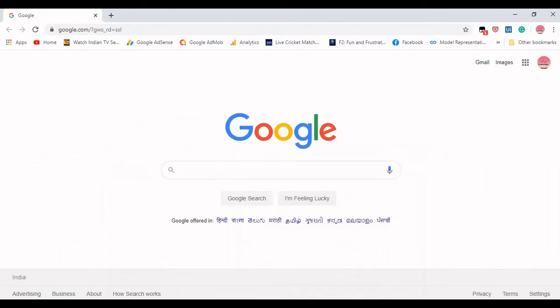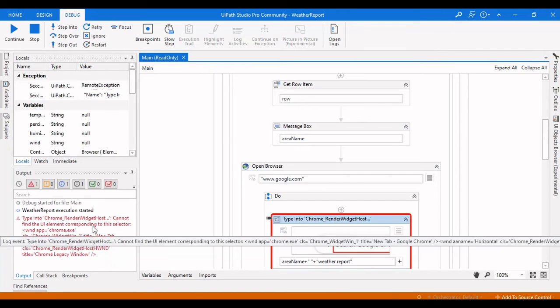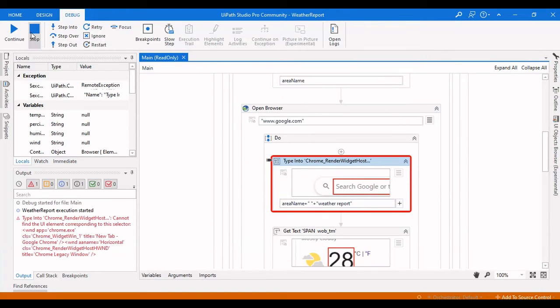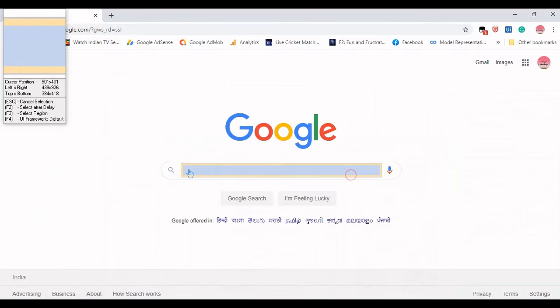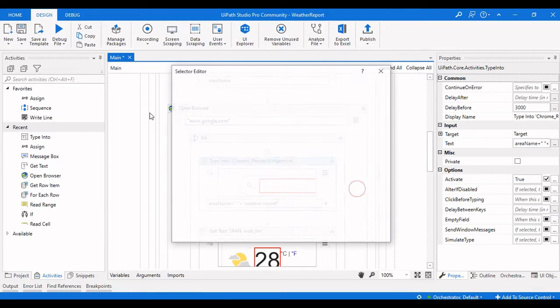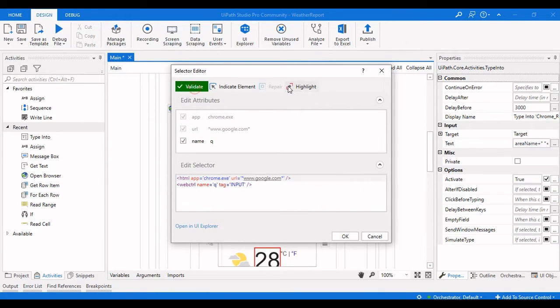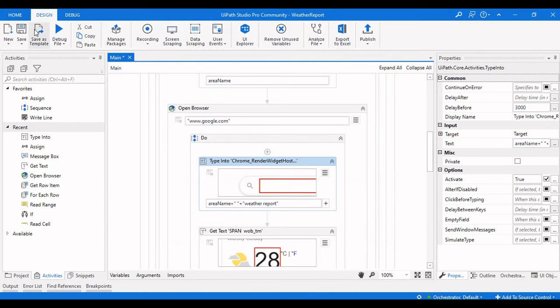Firstly let us fix that. Okay, the type into cannot find the UI element. Let us see the selector now. We will indicate it again. Now it's validating. Yeah, so let us run this again.